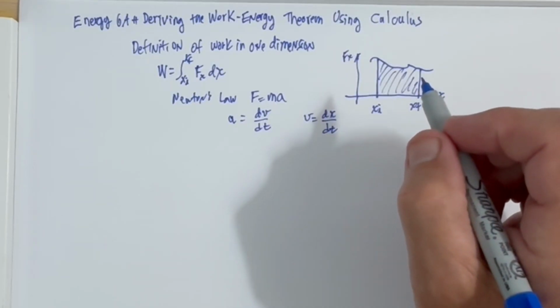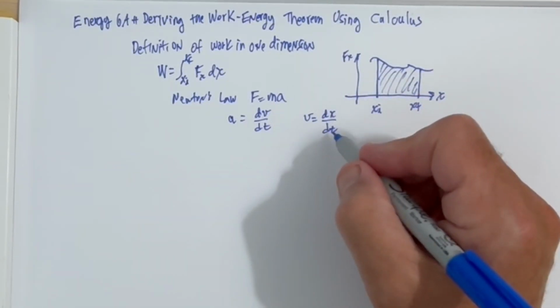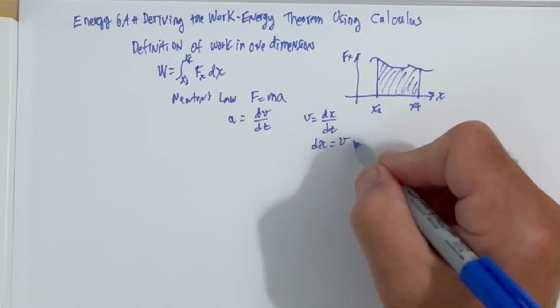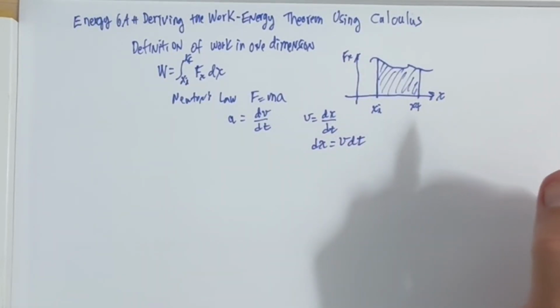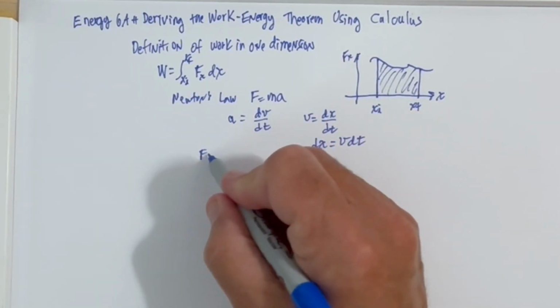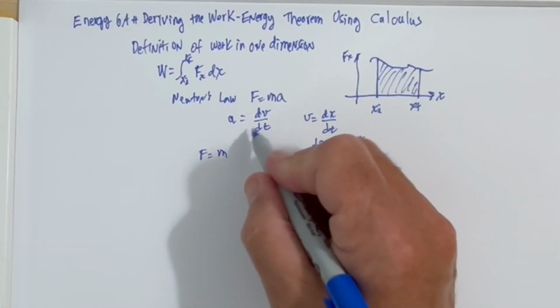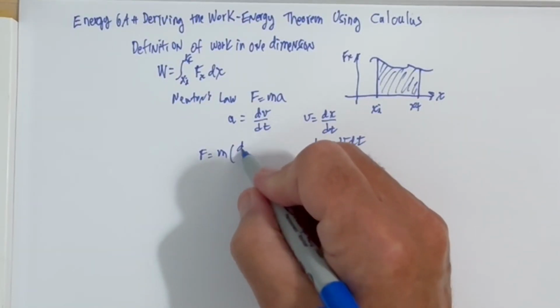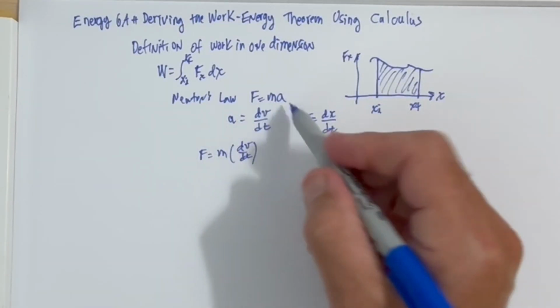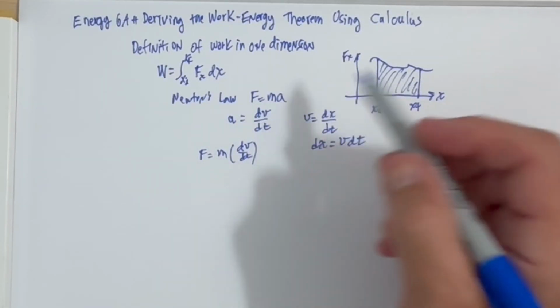So we know those from just basic definitions, and we can rewrite this as dx is equal to v dt. We're going to need that in just a second. Now, if we take F is equal to m, and we'll use this as our a, so there's dv/dt,